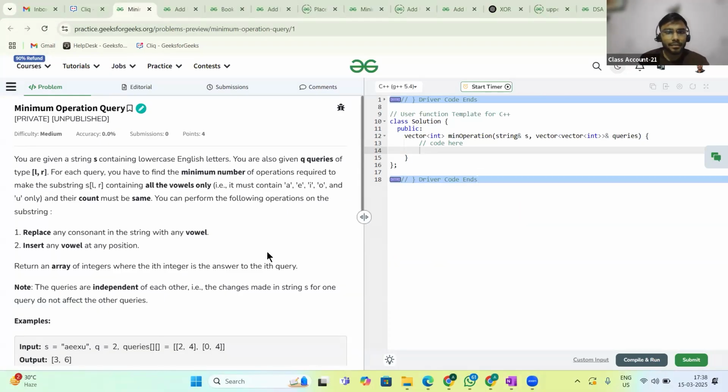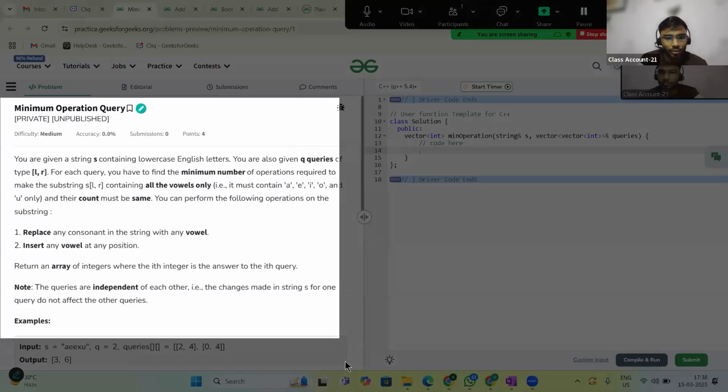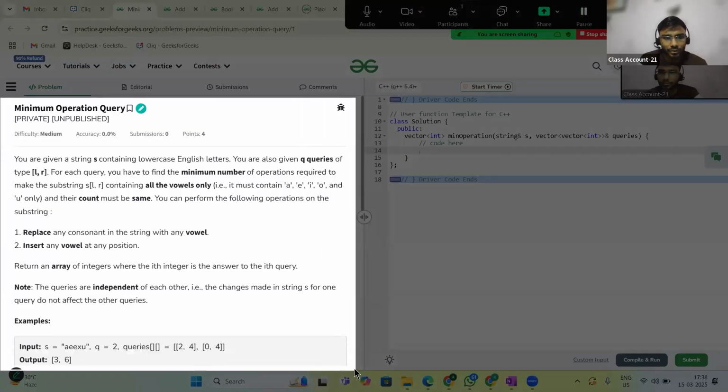So guys, let's move to our next question, that is minimum operation query. Let's see this. First, let me go to my OneNote with this question.